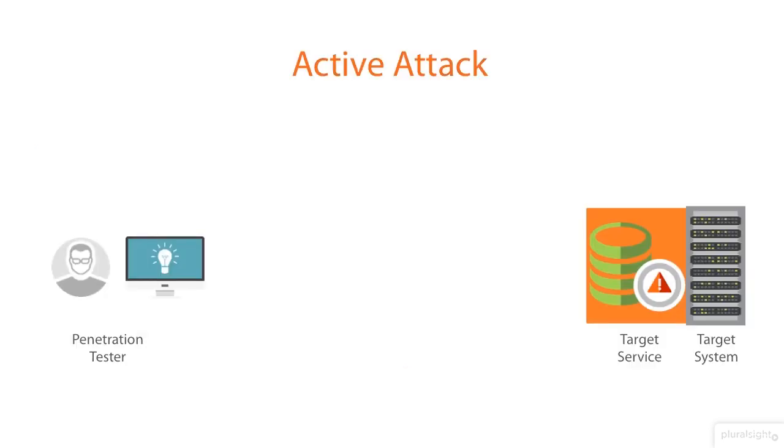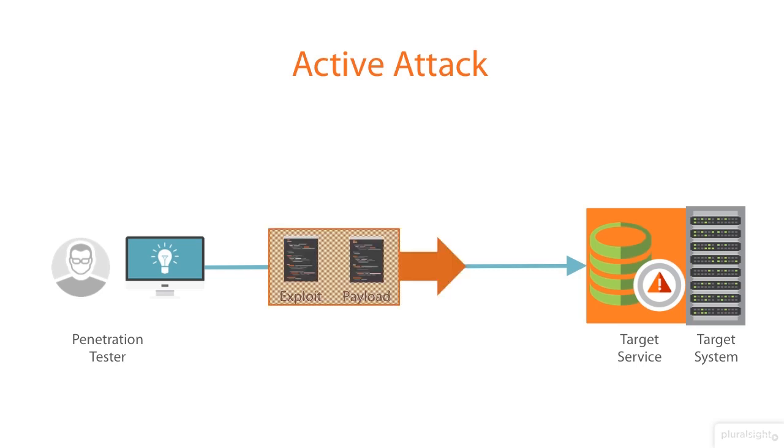In an active attack scenario, we have three components: the penetration tester, the target system, and the target network service. The target service has a known vulnerability that we intend to exploit. The penetration tester will make a connection to the target service on the target system. Once connected, the tester will send the exploit code and payload to the target. If all goes well, the target system will accept the exploit code and the vulnerability will be exploited. The payload code will be inserted into the system and executed, and the penetration tester will have access to the